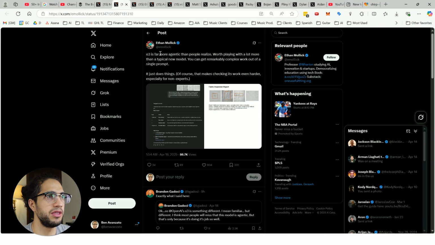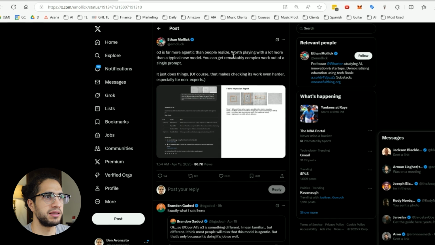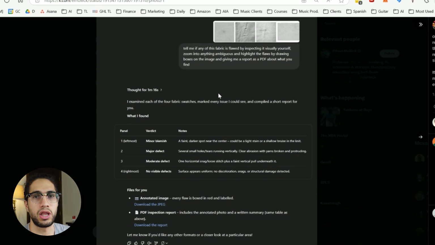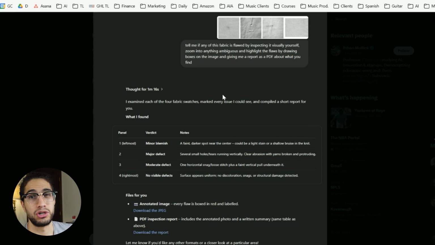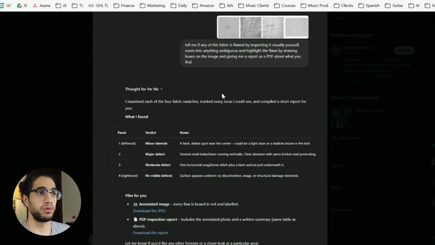It's pretty fun. Ethan Mollick says o3 is far more agentic than people realize. I think there's a lot of ways we can use it that we're not even thinking of today. I was just exploring for an hour trying to find cool ways to use o3 on Twitter and myself, and these are some of the coolest I found, but I think so many more are going to be found as we go along, because o3 is the first kind of going into agentic, really smart.